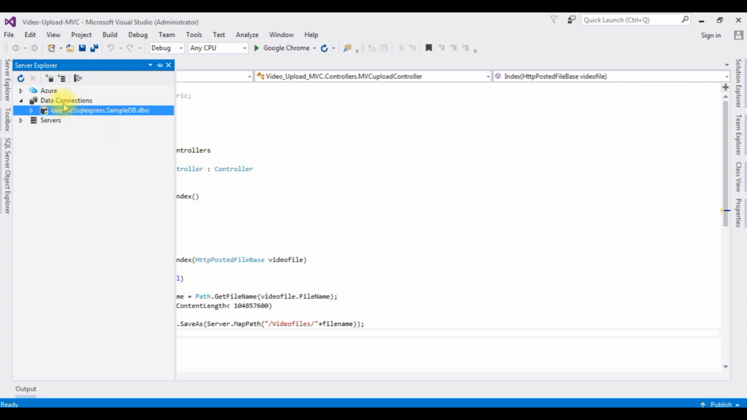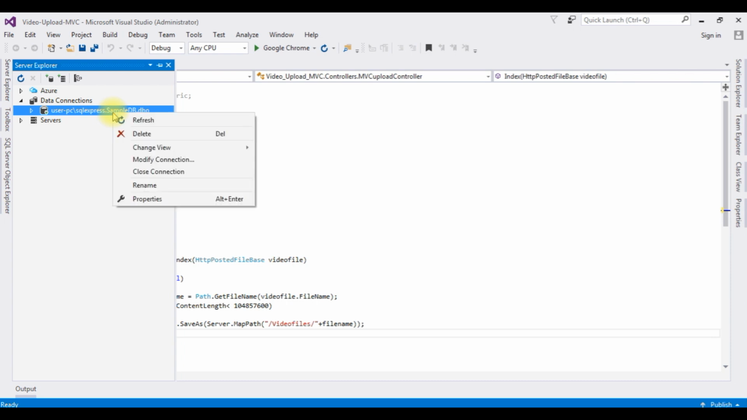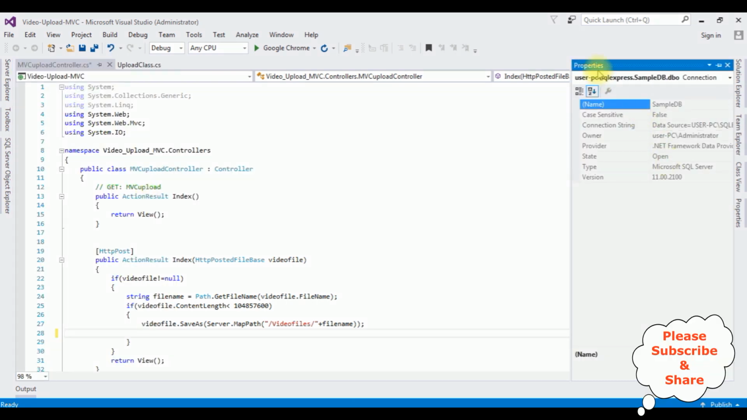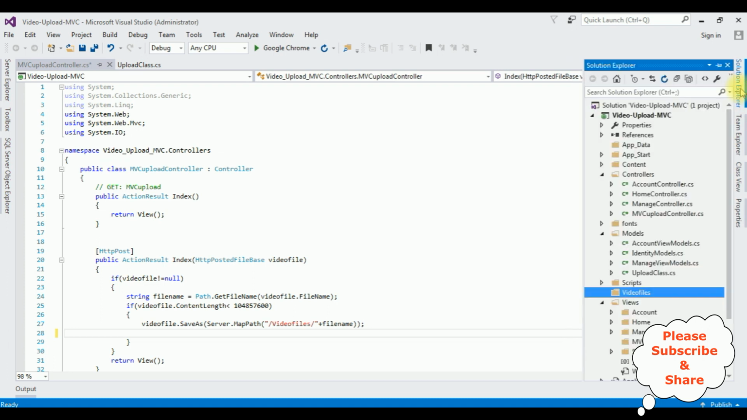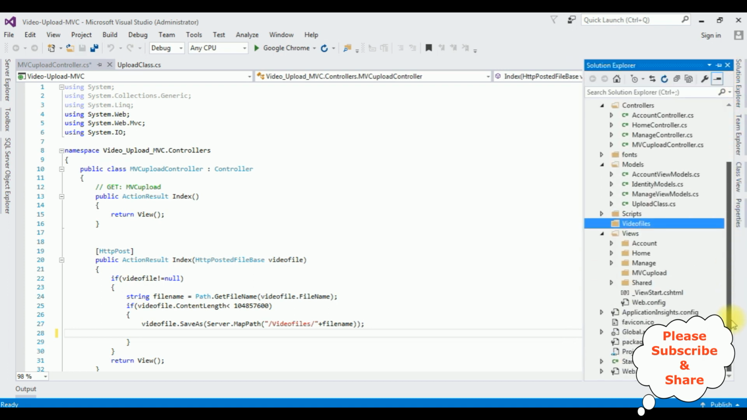And notice here under data connections, we got the sampledb.dbo added. We need the sampledb.dbo data source connection string. So right click that one, properties. In the properties, the third option is a connection string, which is a data source. Copy that one, open Solution Explorer, come to the bottom, web.config file, open that one,